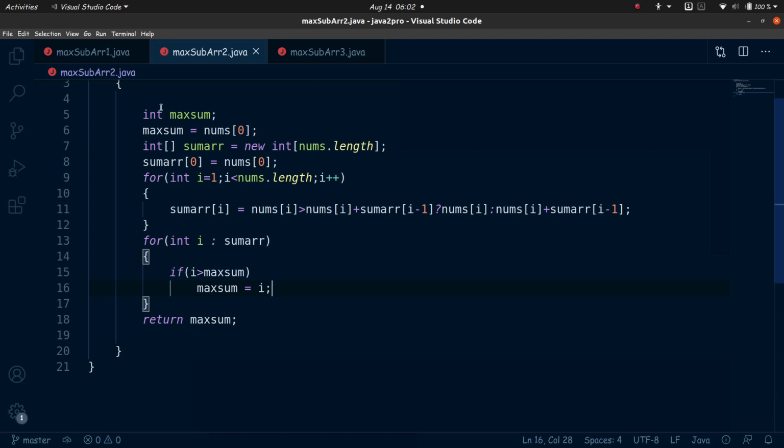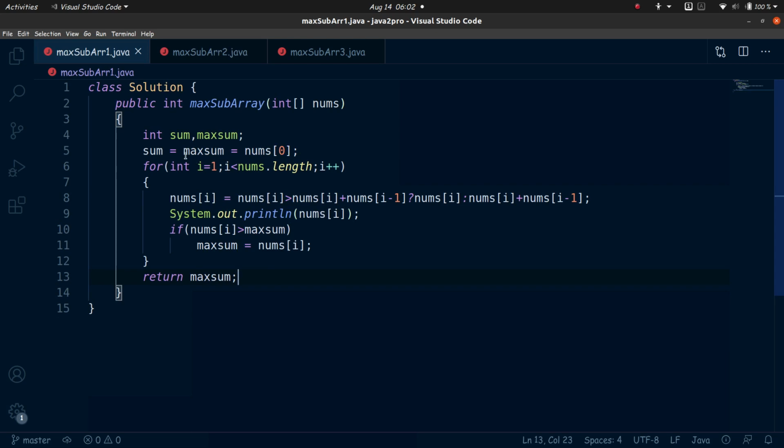Now if we slightly modify it, we get a smaller program which has a better time complexity and also better space complexity, because we do not need the second loop, or the sum array itself. What we are doing is using this nums array and storing the sum in the nums array itself, because once we have crossed a particular index, we won't need the value.